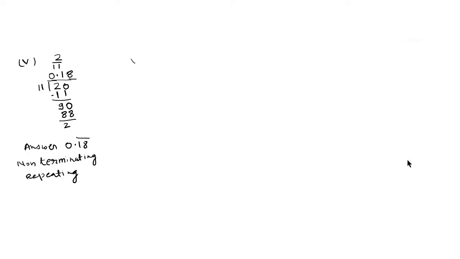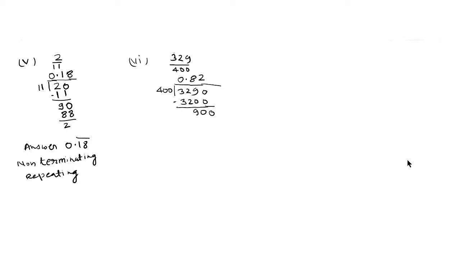Our sixth question is 329 divided by 400. We divide it like this. 329 as dividend and 400 as divisor. So 329 being smaller than 400, we have to put the decimal. So we put the decimal and carry 0. 400 will divide 3290 for 8 times. So this will be 3200. And on subtracting, we get 90 as balance. We carry 0.